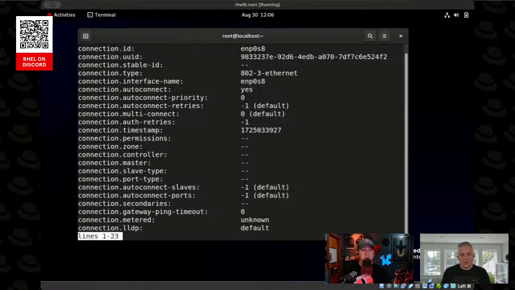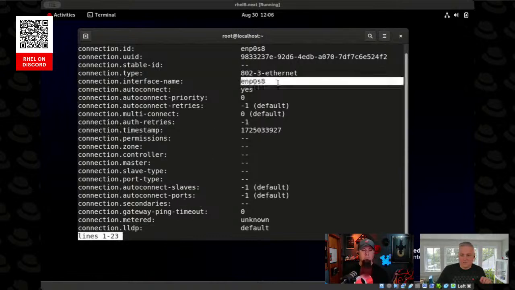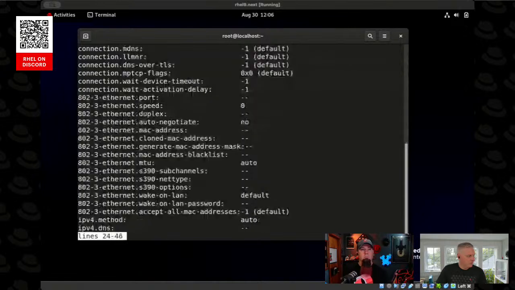These are all the configuration parameters that one can change associated with this network connection. You can see things like the interface name, so some of this gets auto-populated from system information. Down a little bit further,